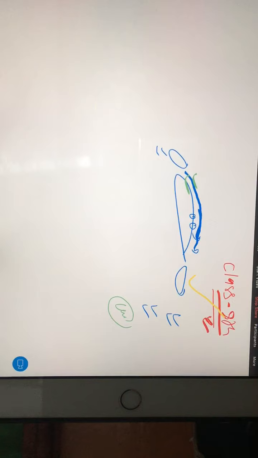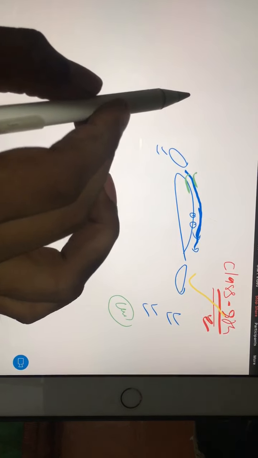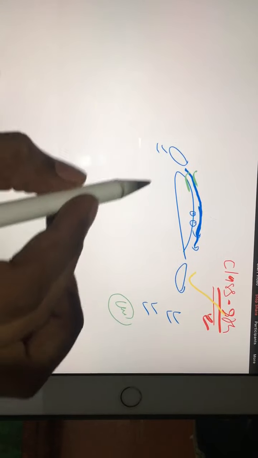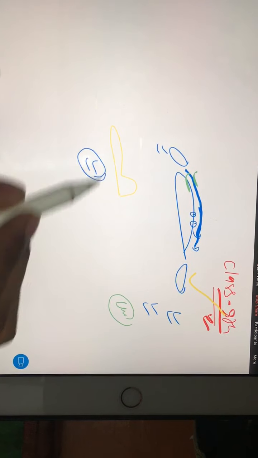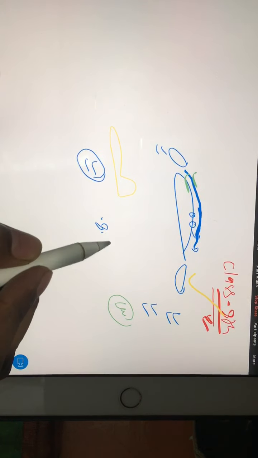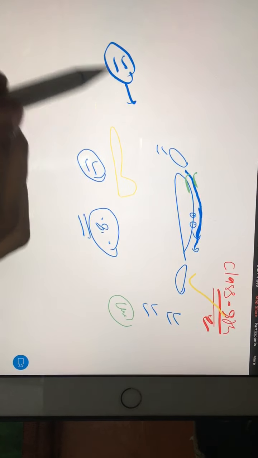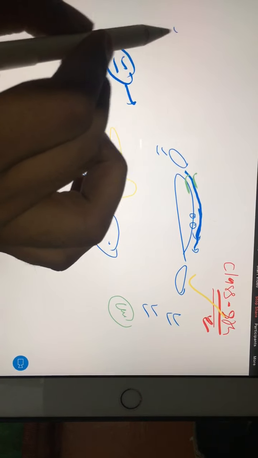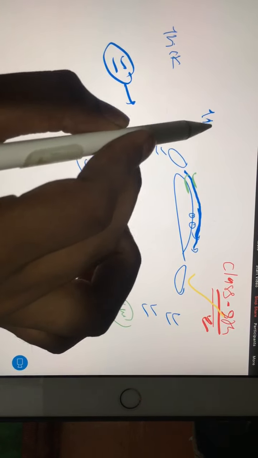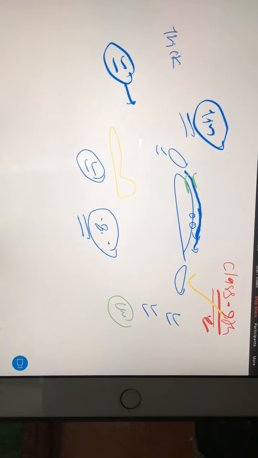Whenever we are discussing high speed airfoils, you should know that whenever you have supersonic airplanes, or subsonic airplanes but with a Mach number around 0.8, 0.9, that time our general airfoil we have to replace with the supersonic airfoils. Supersonic airfoils are mainly thin airfoils. We have two words, one is thick, one is thin. So thin airfoils.